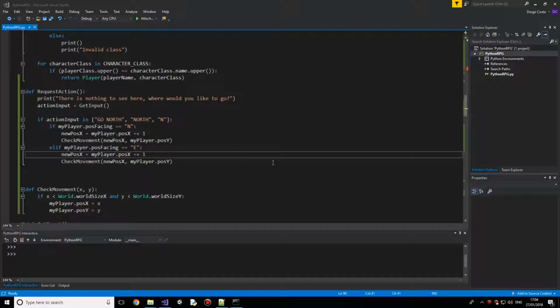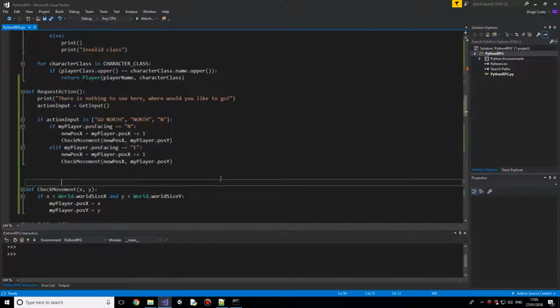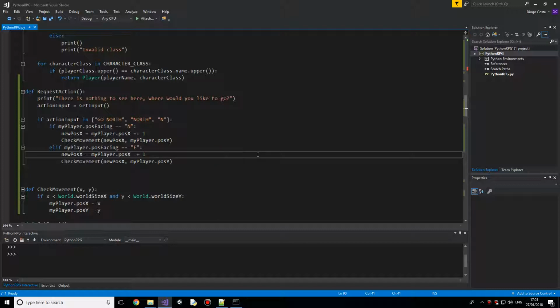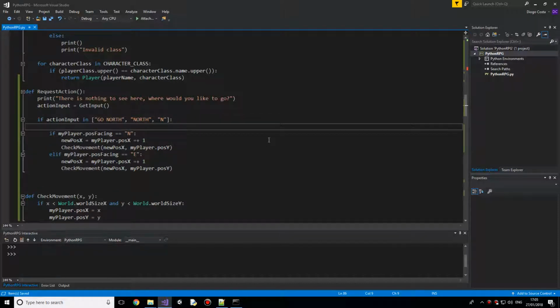So in the last video we were doing navigation stuff, and I came to a realization, guess what? We don't need a pos facing, let's get rid of that. So I'm getting rid of that, and we're redoing this part over here, just a small part. What we're going to say instead is, if you want to move forwards,